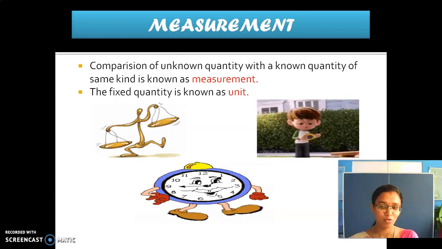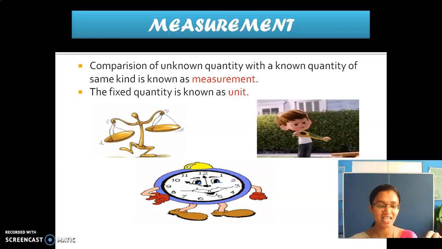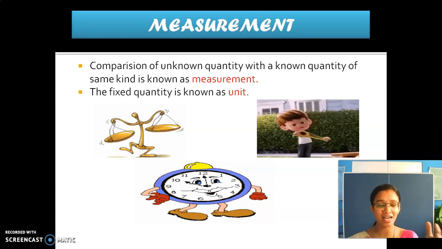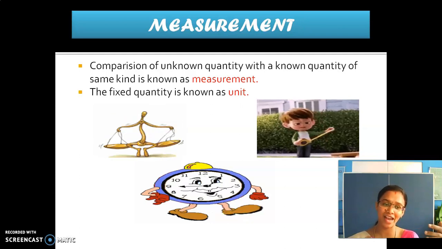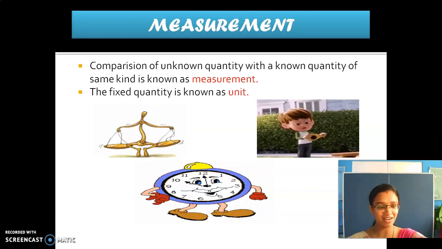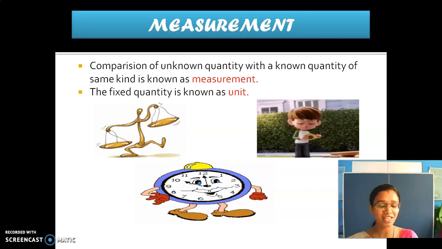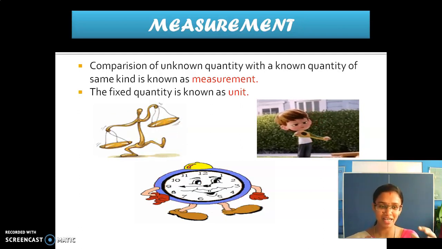Time. We use seconds or hours or minutes to measure the time. Consider if a person is running a 400 meter or 1500 meter race. We calculate the time. Yes or no? We see the time. So what is the distance covered by him and what is the time taken by him